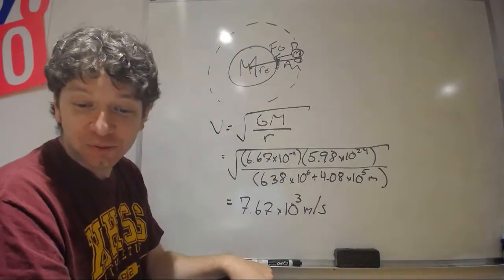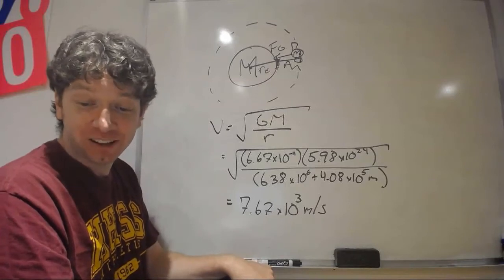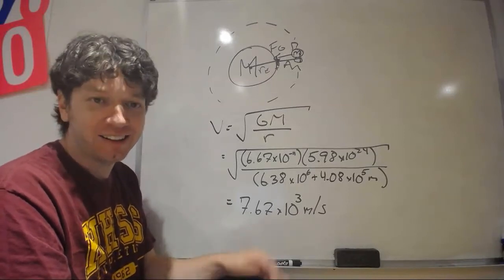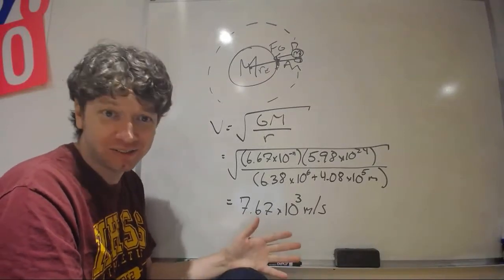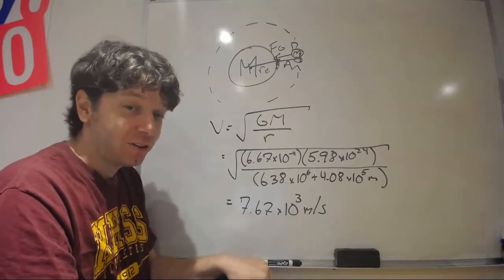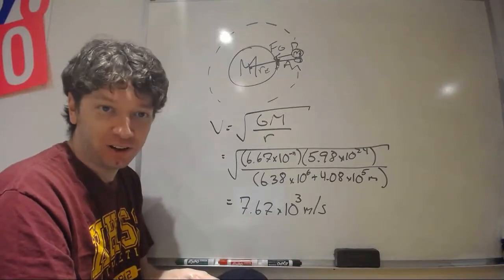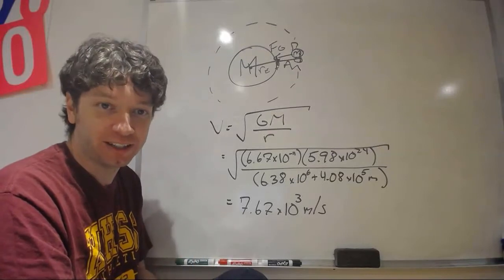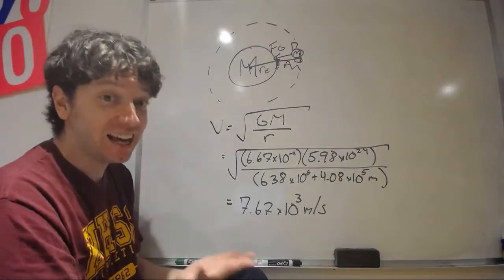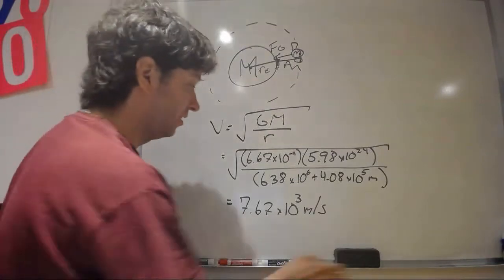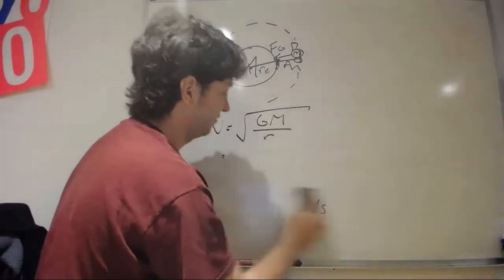All right, then it says, what's the gravitational field strength for astronauts on the ISS? So a lot of the times I get students say, oh, it's 0 because they're floating. No, they're floating because they're in free fall. Right? They're always falling. Okay, and the ISS is always falling. If we want to calculate the gravitational field strength,